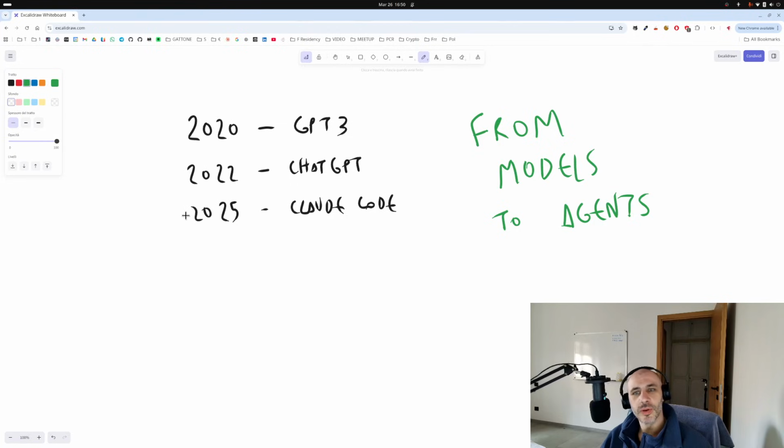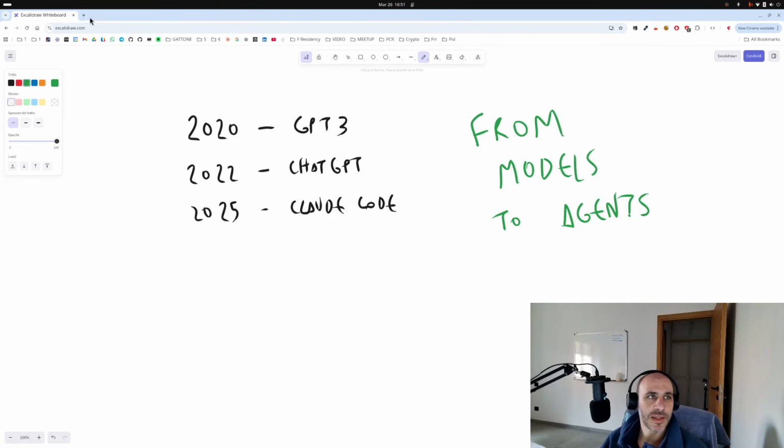I see a lot of people are confused about the difference between model and agent. Most people are not really seeing what is happening, but there have been at least three big jumps in artificial intelligence, and I want to show you what is behind all of this. So without further ado, let's start with 2020. We'll end the video with the current coding agents and also other agents. But let's start from 2020.